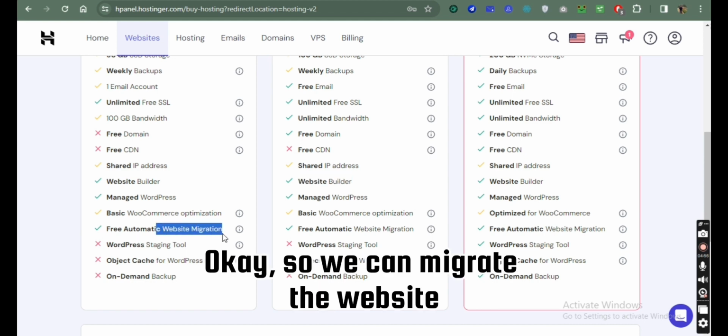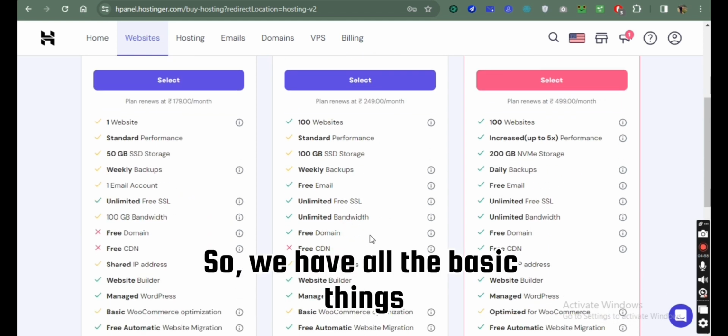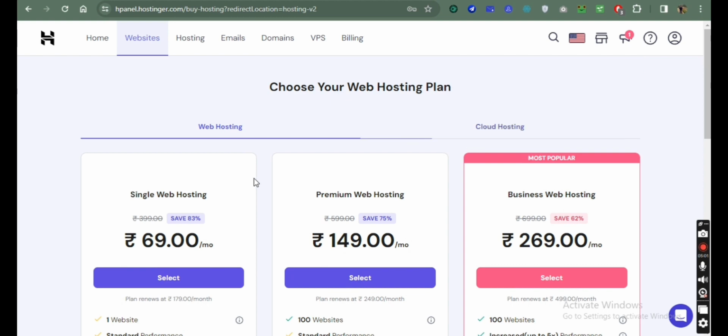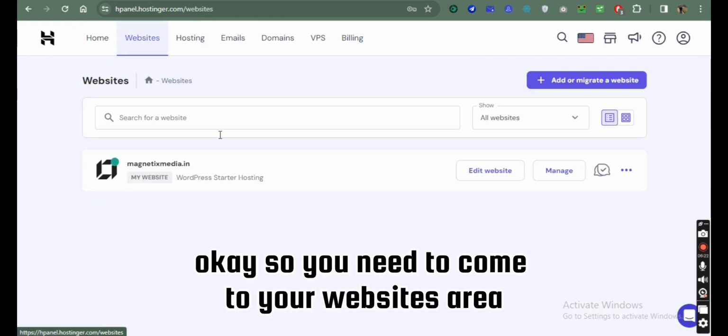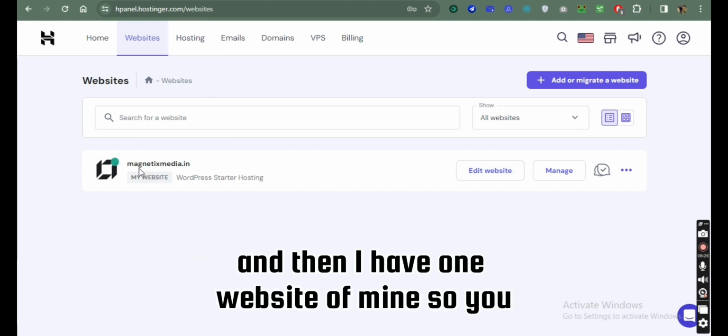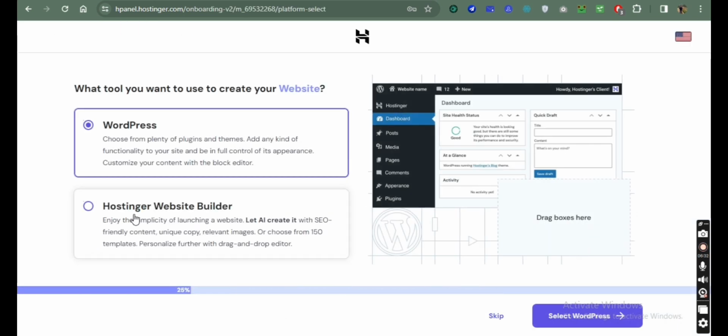So, okay, we can migrate the website and all those things. So we have all the basic things. Okay, now you have purchased the hosting and the process is similar now. So you need to come to your websites area, and then I have one website of mine, so you can just click on add or migrate a website, and you can choose the